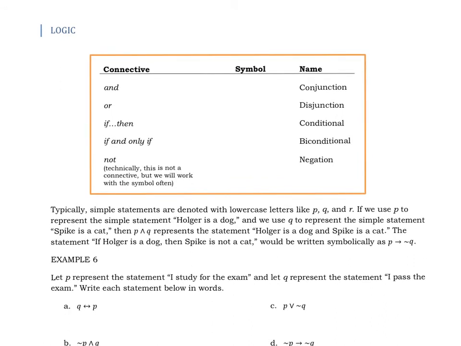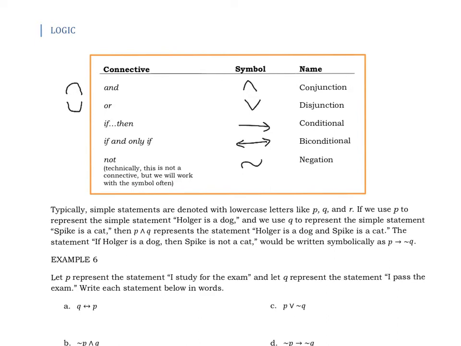Okay, so my symbol for and, the conjunction, was going to look like this. Remember what we associated with and: the intersection in set theory. I think you see why it has a very similar symbol. And or we connected with union, the disjunction, and it looks like a V. The if-then is an arrow, the conditional from left to right, and the biconditional, the if and only if, is a double arrow. A negation, we know that technically is not a connective, but we work with that